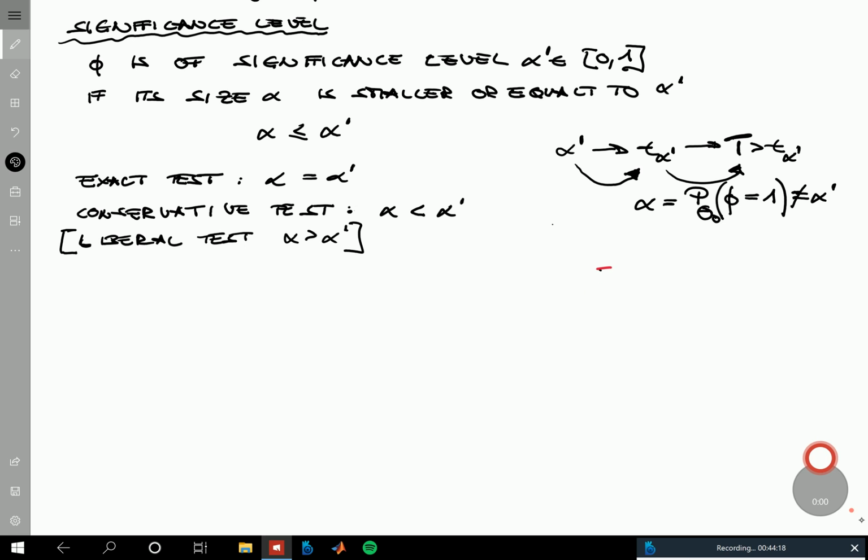Let's do it differently. So you have a very low resolution table for your t-statistic. Here you have your alpha prime, and then you can look up the test statistic. And that of course will also depend on the degrees of freedom, but let's say here you have something like